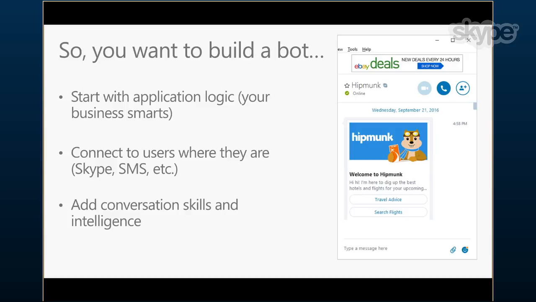So in effect, your bot is a piece of code that receives a message and can send one or more messages. But when you think about bots, you think about conversation and conversational user experience. So let's start with a description of the typical conversation flow that happens when you're talking to a bot. In general terms, you can think about 4 different styles of conversation that happen between a user and a bot. The first of which is pure question and answer. So you can imagine a bot that you can ask questions about the weather. So you might ask, will it rain in Seattle tomorrow? And the answer might be yes or no. Or you might ask, will I need a jacket tomorrow?